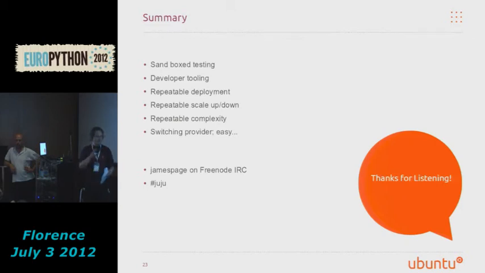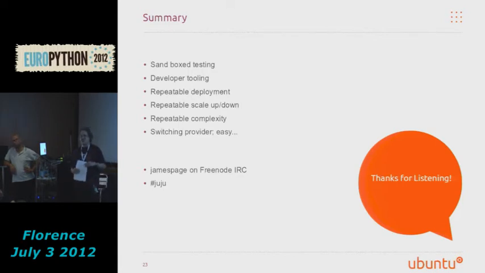The developer tooling is really good and is improving all the time. So I touched on 2 tools there, the debug log and the debug hooks. We also have another couple of non-core Juju projects which have sprung up, one called Jujujitsu, which is a wrapper around Juju, which provides some additional sub-commands, which are quite useful for developers for diagnosing issues, generating nice graphical outputs and visualizations.